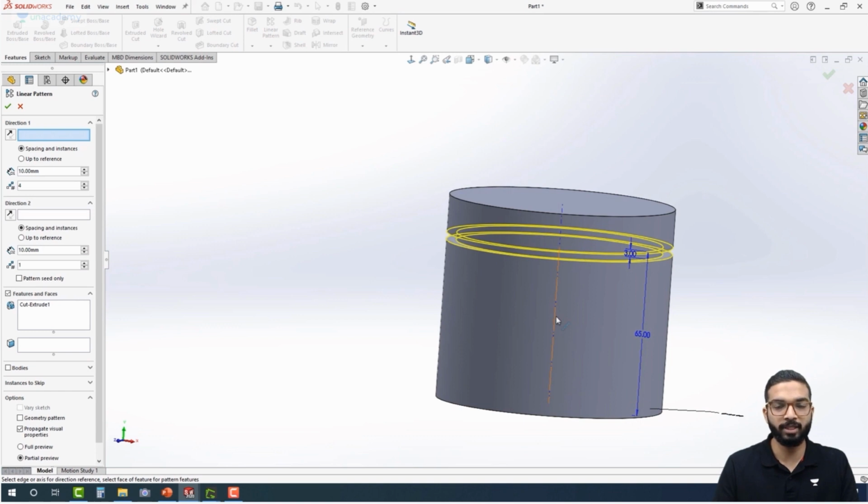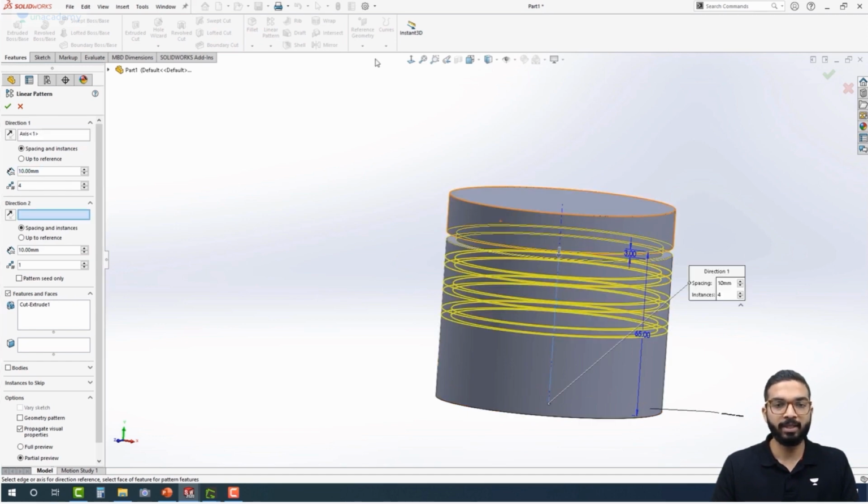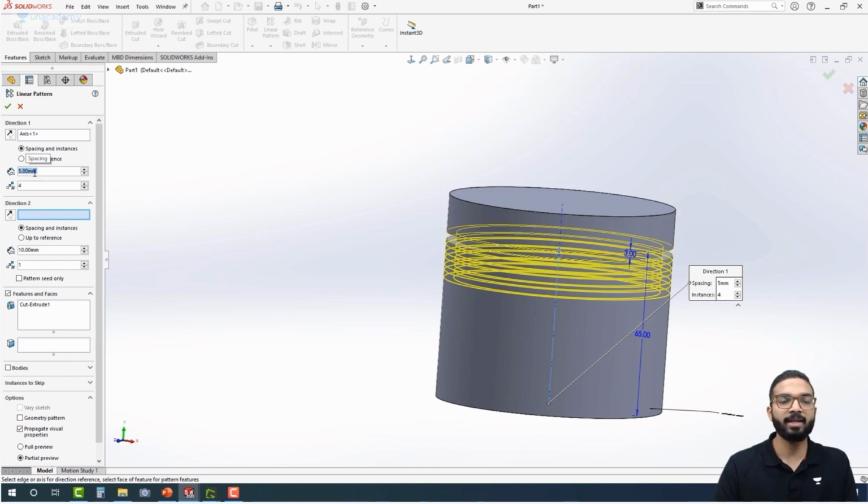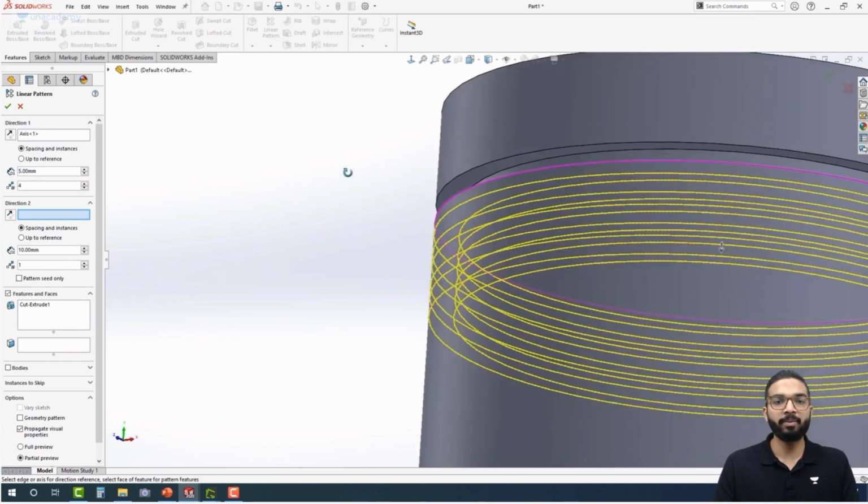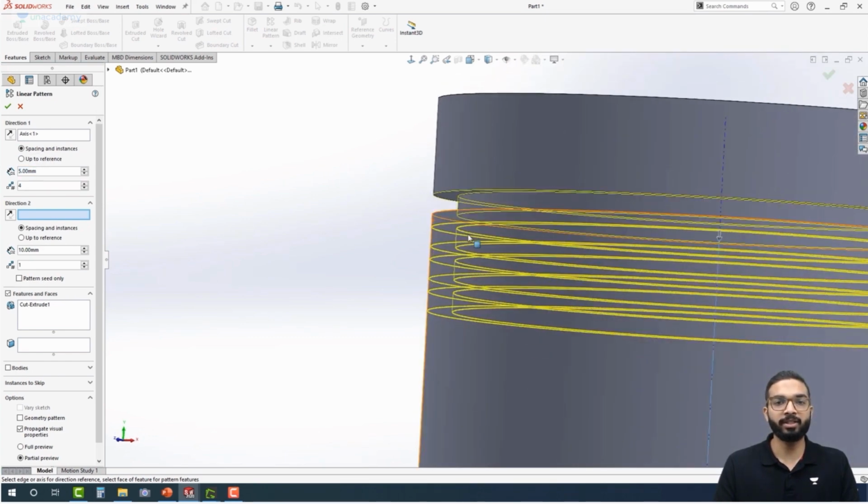You can see here that we have a temporary axis over here created due to our first extrusion. I will select this axis as my direction of creating patterns. In the distance or the spacing, I will enter 5 as I want the gap between two of my ridges to be 2 millimeters. The spacing is